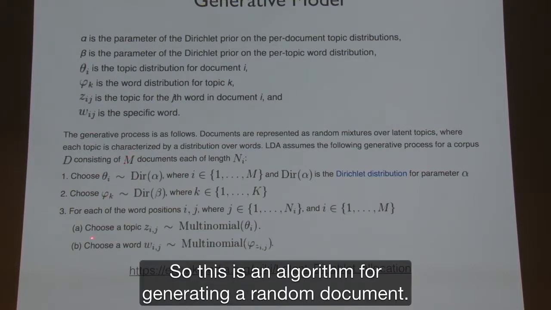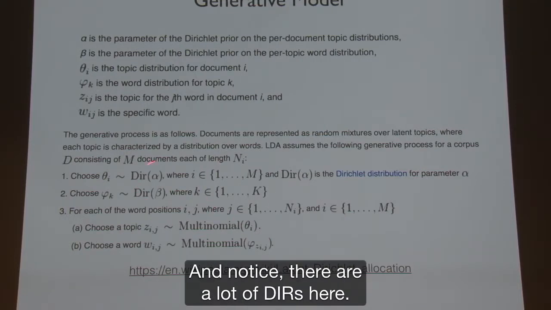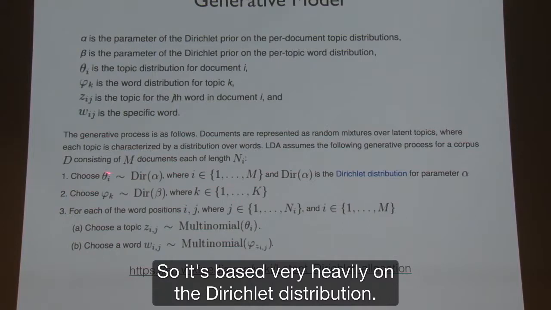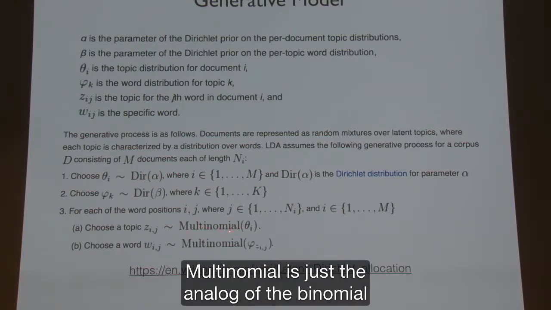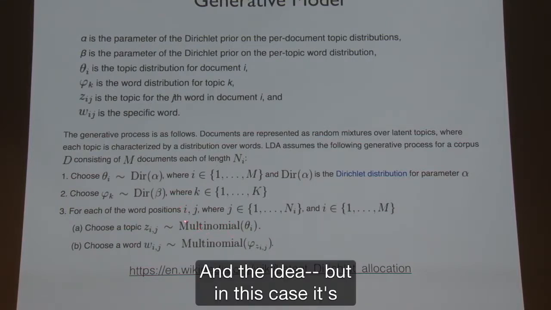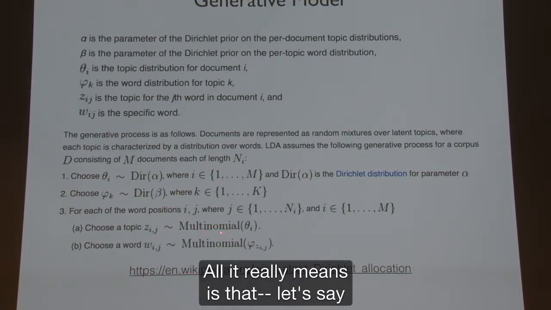So this is an algorithm for generating a random document. It's telling you how to generate the words. And notice there are a lot of DIRs here. That's the Dirichlet distribution. So it's based very heavily on the Dirichlet distribution. Multinomial is just the analog of the binomial in more than one dimension, and in this case, it is actually a simple form of the multinomial. All it really means is that,